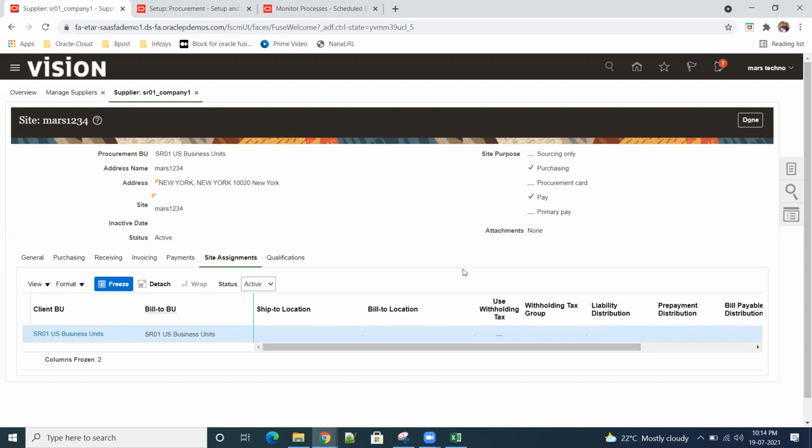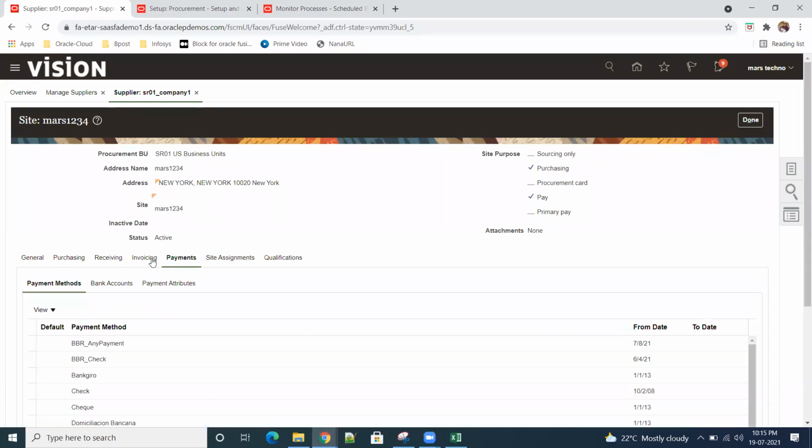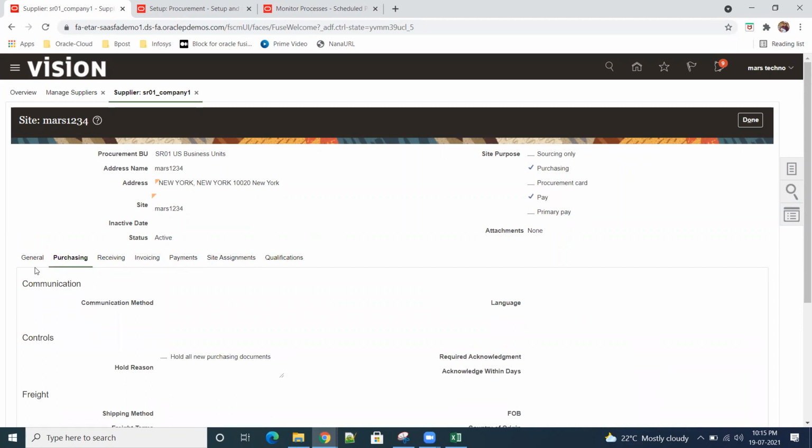Okay, in tomorrow's class we'll see how to add this inventory organization to the locations, so that we can verify this ship to location and bill to location are showing, and also we'll see external registrations and some other stuff. Ramu, if possible, can you please provide some real-time scenarios on the approvals, like supplier registration approvals?